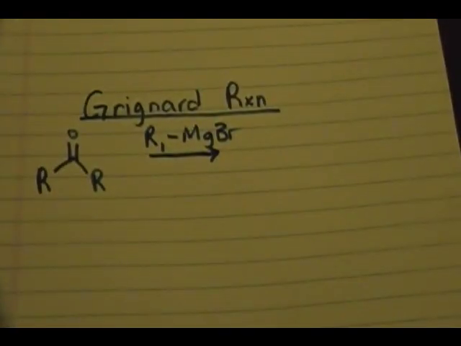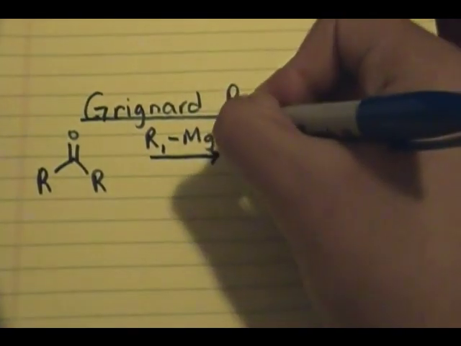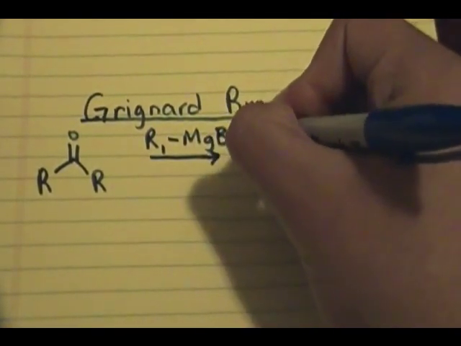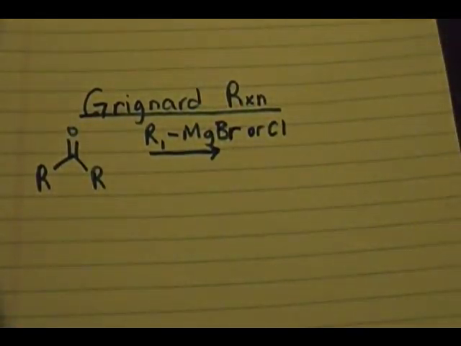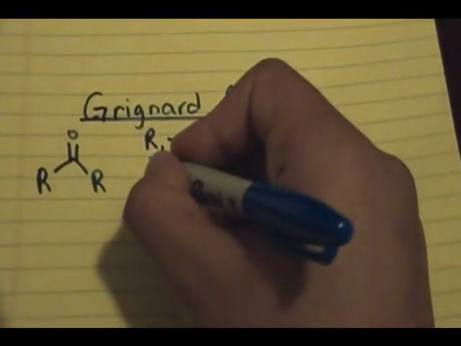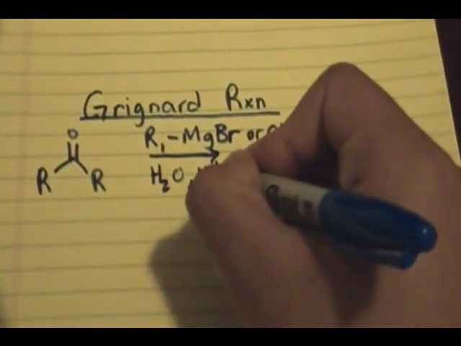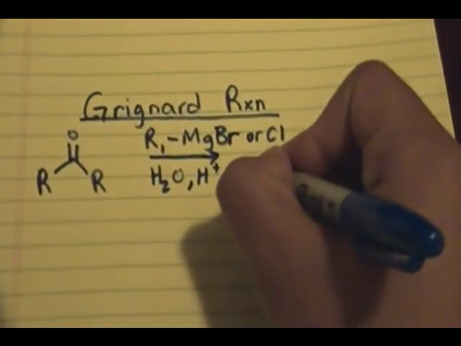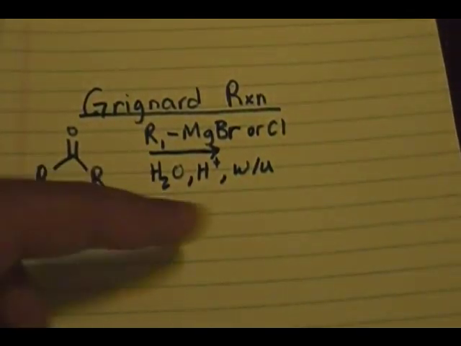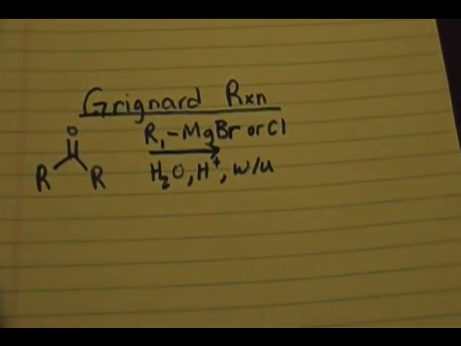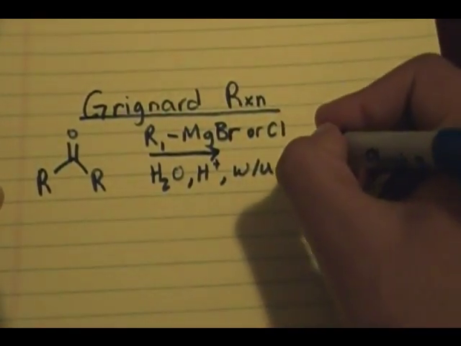RMgBr. Okay, and this Br could be even Cl. It could be bromine or chlorine, and you have H2O, H plus, comma workup, and this H2O, H plus workup is going to neutralize the negative oxygen you have to form the alcohol. It just neutralizes the negative on the oxygen, and this will give you